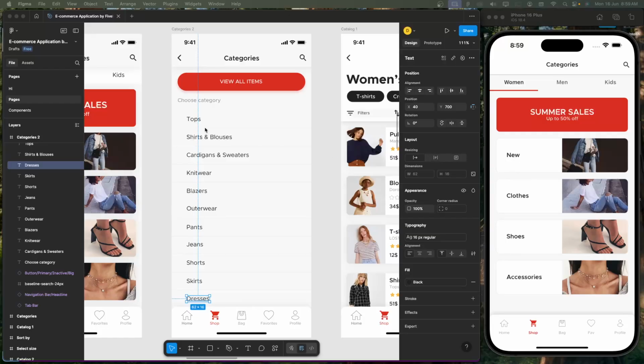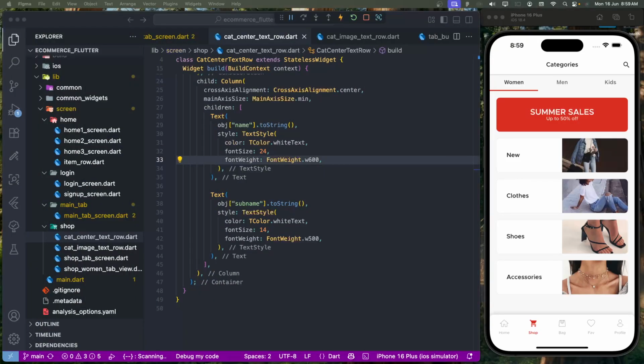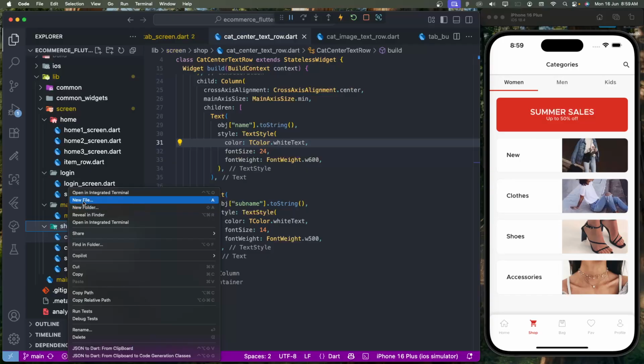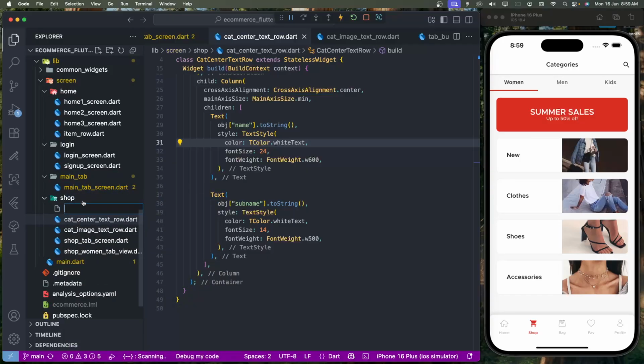Inside we need to get the top status like this, so it should look similar to this UI. First of all, we need to make this UI. We need to create a new file inside the shop folder and give it the name get sub